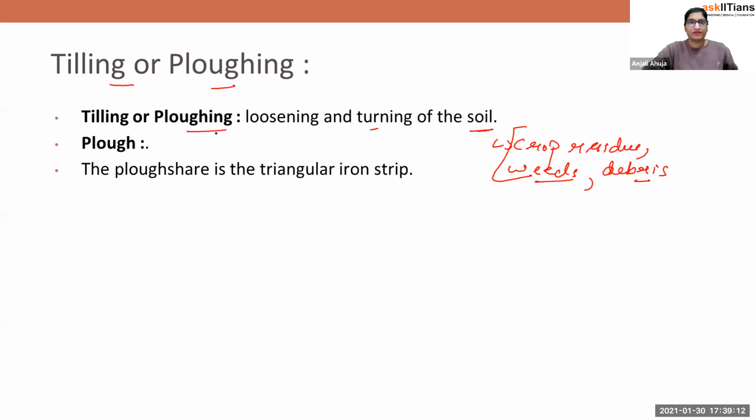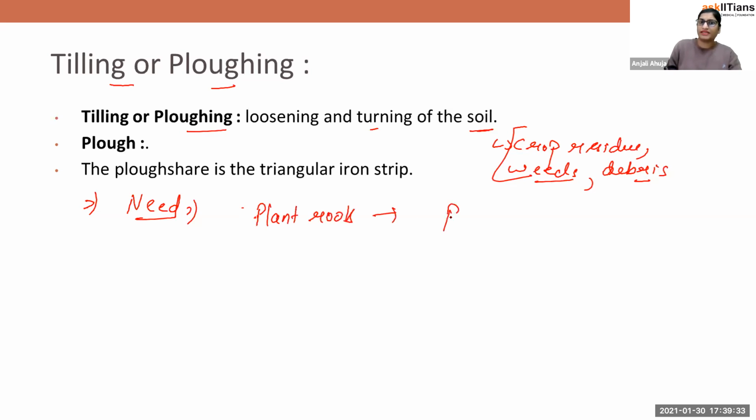Okay. So if a question comes in your paper, what is the need or use of ploughing? I think you can clearly write it. It helps in penetrating the plant properly into the soil. You may say that the plant roots can completely and smoothly penetrate inside the soil. And then you can say it allows the soil to have air trapped in it, air